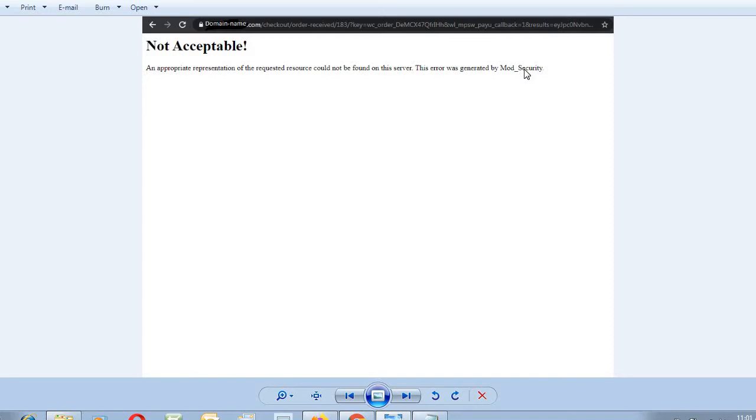So if you are going to find a solution for this, you might think we need to disable mod security on our server. Mod security is a security application to maintain the security of our website. We should keep that. We should not remove it. If we disable mod security, there might be chances of errors, or hackers can hack the website, and issues can happen suddenly. That's why you need to keep mod security enabled. So now, how can we come out from this error? Let me tell you.